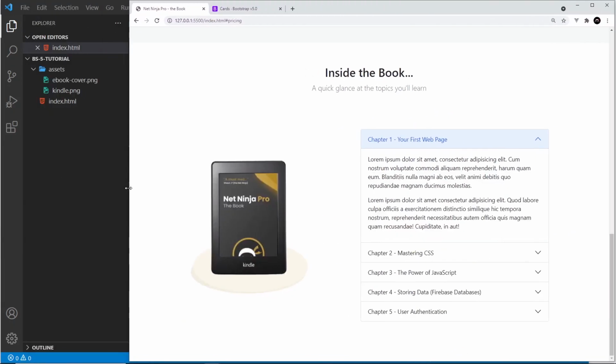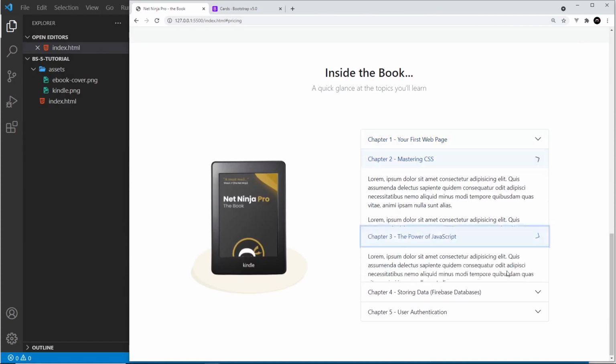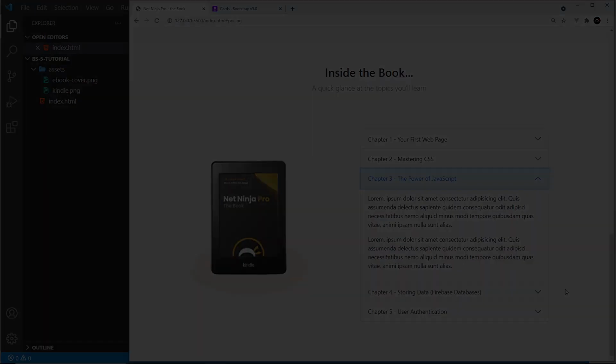But it's not inside the grid, is it? So let's have a look at this. We have this inside the row. We just need to place this accordion in some kind of column. So let's do that. I'm going to, above the accordion, do another div, and this is going to have a class of